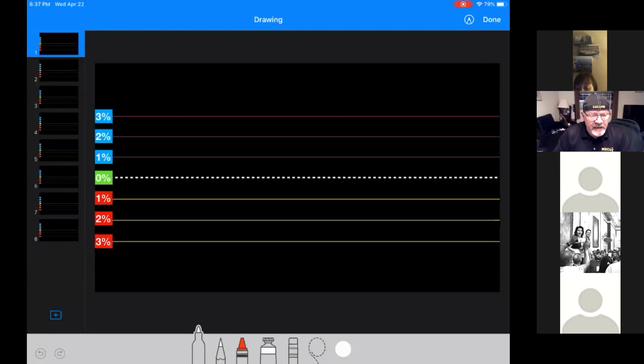The center line there where it says 0% is the beginning of your week. All right. Everything going north in blue is going to be a percentage in gain. Everything going red or south is going to be a percentage in loss for the purposes of what we're showing here. So let's say that in our settings, we decided to use the trail as the means by which we're going to manage our profit. All right. Because you can still do this as a fixed weekly goal.